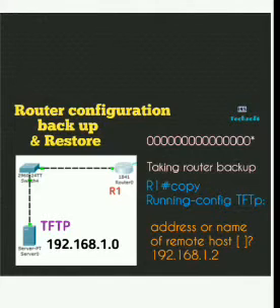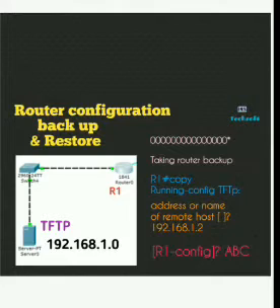After that, when we press enter, we give the destination file name, for example R1-config-ABC. They ask what file name we need here. So I write ABC; you can write anything. Only with these steps we have the configuration backup file of the router. After that I have the restore process also, but first we are going to take the backup and see this one.